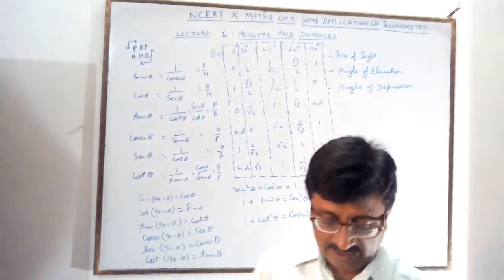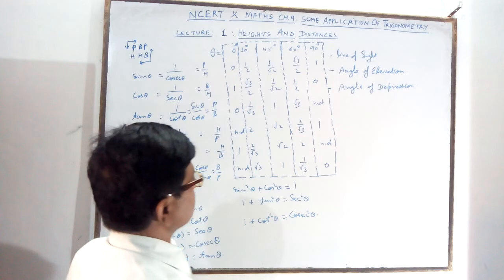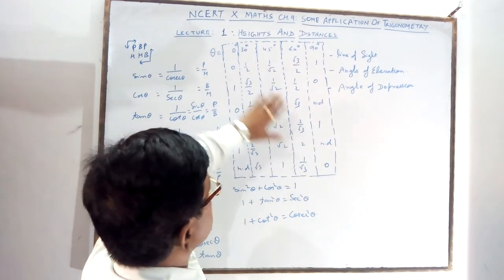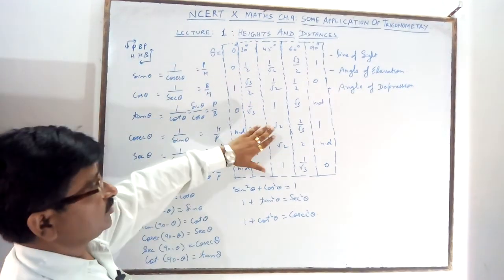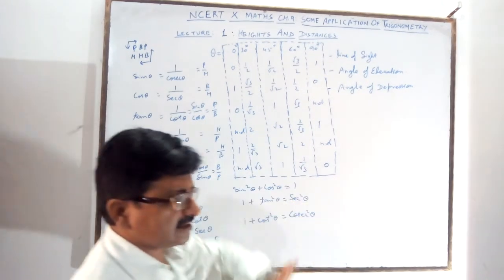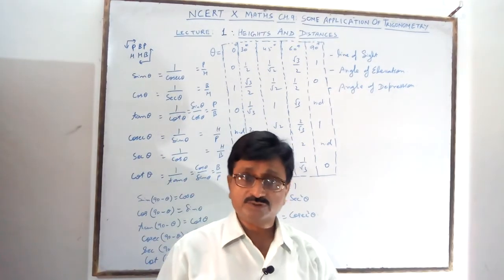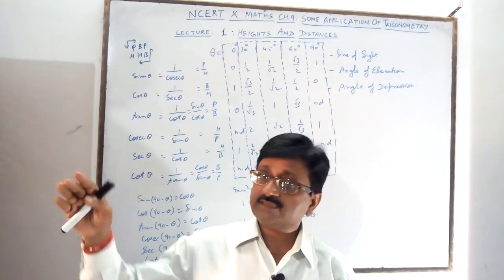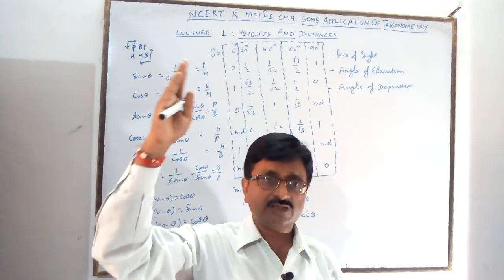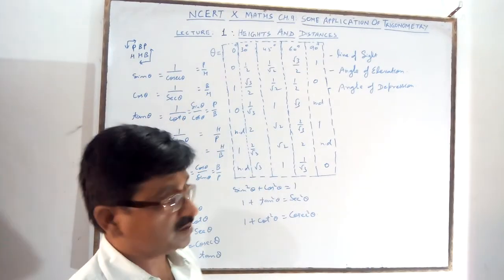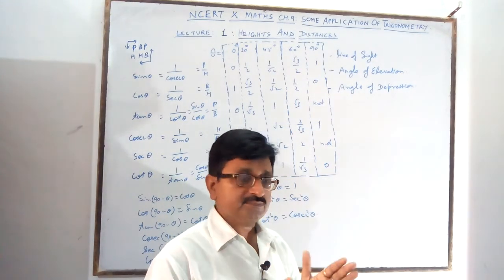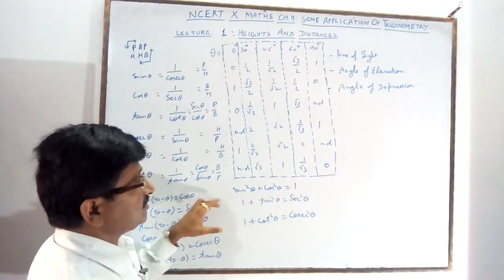Height and distance is a very important chapter you are studying. Without these you can't do it. In a right triangle, height and distance is a chapter which is used in daily life, in engineering colleges and elsewhere, to measure the heights of a very tall building, tall trees, tall towers, multi-story buildings, without reaching the top. There are some PBH relations you use.